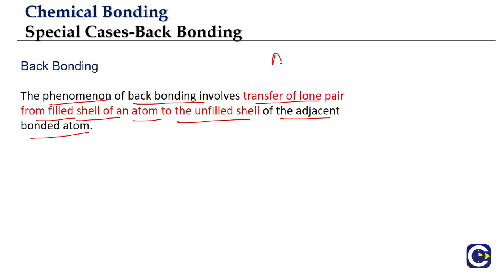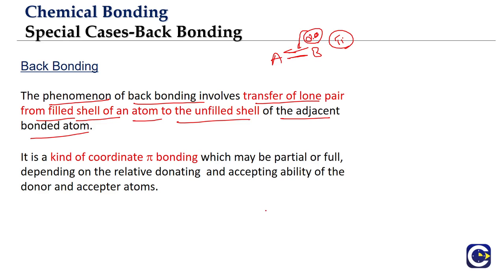As I explained, the two atoms A and B should first of all be bonded. If B has a lone pair of electrons that is contributed for the coordinate bond, the coordinate bond will be from the filled orbital of B to the unfilled orbital of A. That bond will obviously be a pi bond. So this is what we will call a back bond. And what is the nature of the back bond? It is a coordinate pi bond.